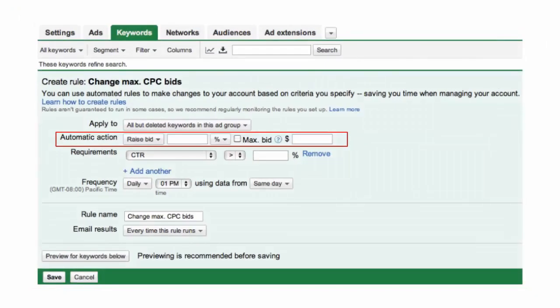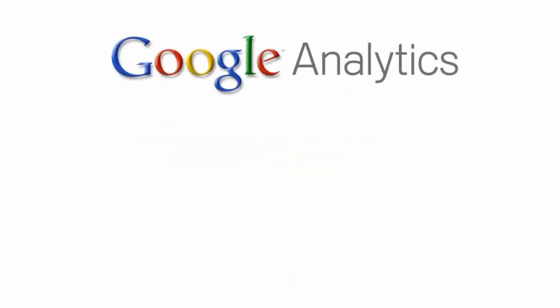With automated bidding, you're essentially telling Google to tweak how much you pay per click in order to gain you the maximum number of clicks. Or, in our case, we're going to tell Google to tweak the bidding automatically to get us the very best conversion rates. To do this, you'll need to set up a Google Analytics account, and then you'll need to set